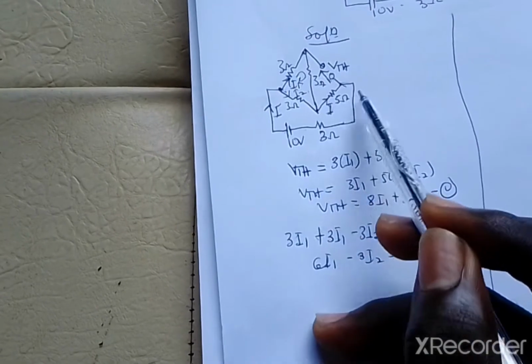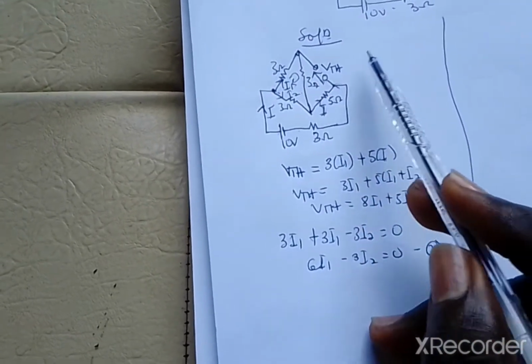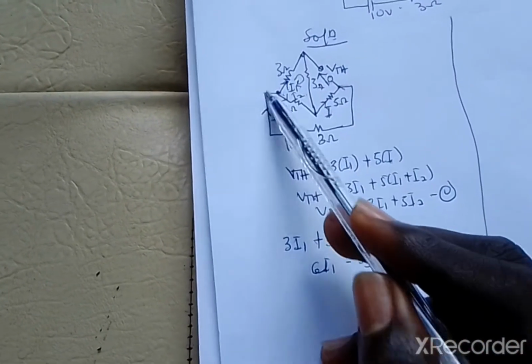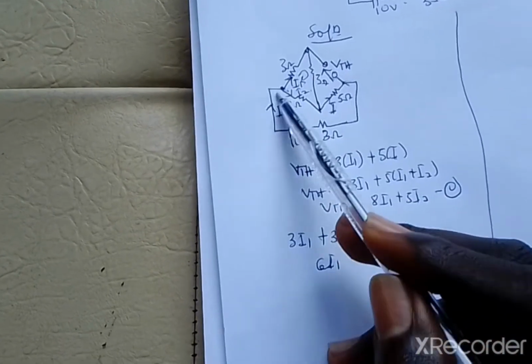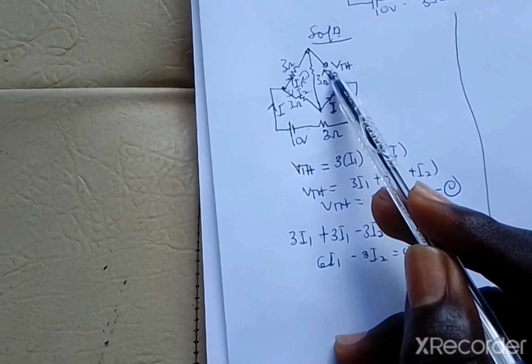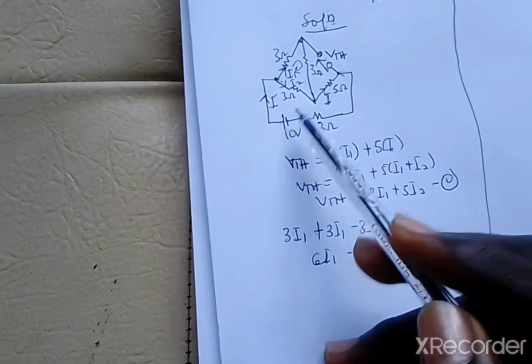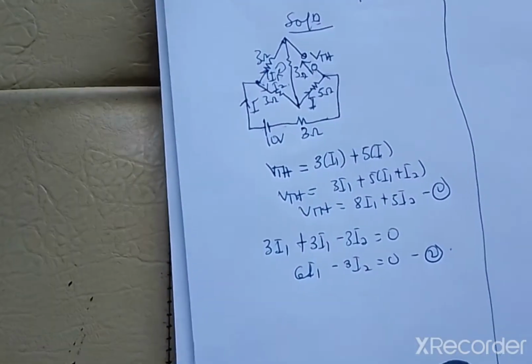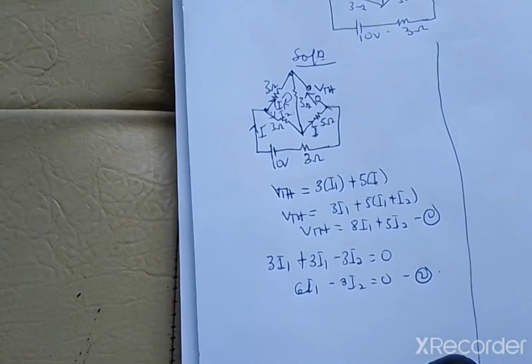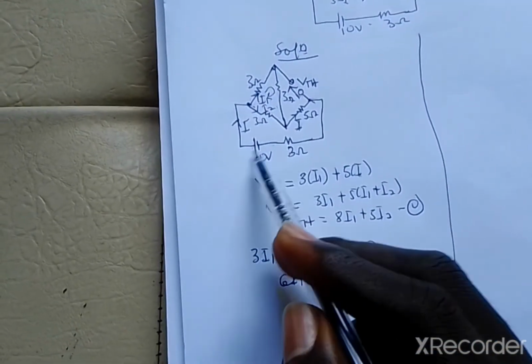So you can take the loop. The loop should not necessarily be a complete rectangle, so far as it's complete and there's no discontinuity. We can't take a loop like this, no, because there is a break here. So you can take a loop like this, then you also use the KVL to get another equation. So let's see, if I take this loop,